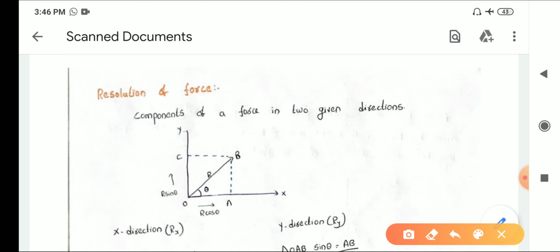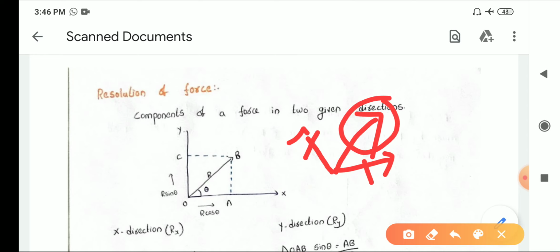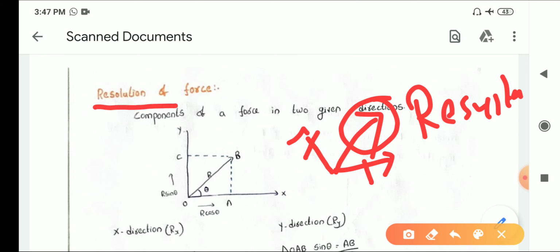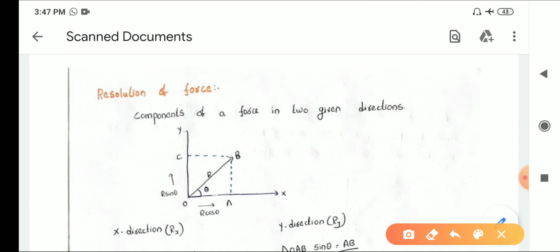Resultant of force is nothing but combining multiple forces into a single force. That means the effect shown by both forces will be shown by a single force, that is called resultant of force. Now, what is meant by resolution of the force? It is the opposite of the resultant of the force. Resolution of the force is nothing but a single force is resolved or divided into two forces or three forces